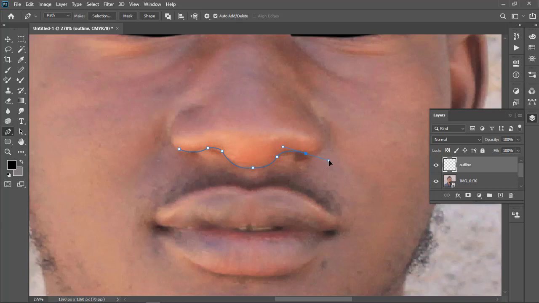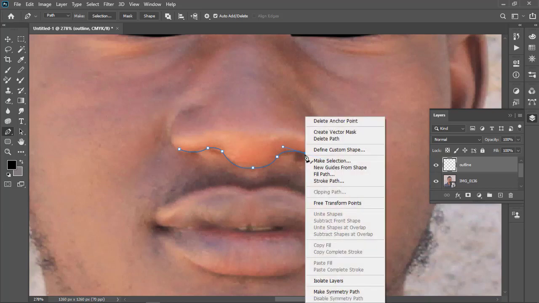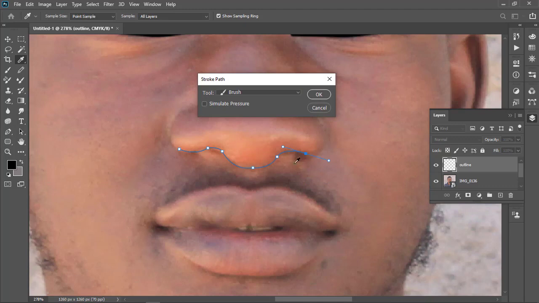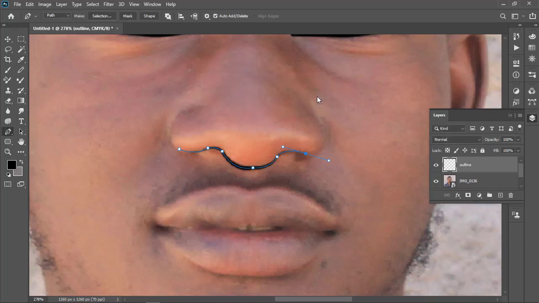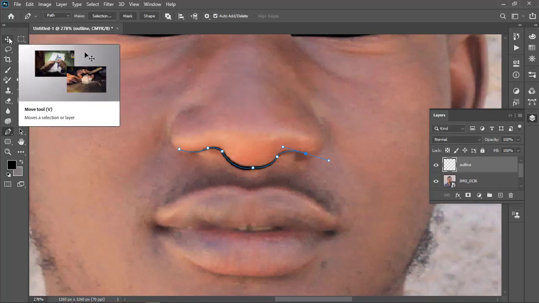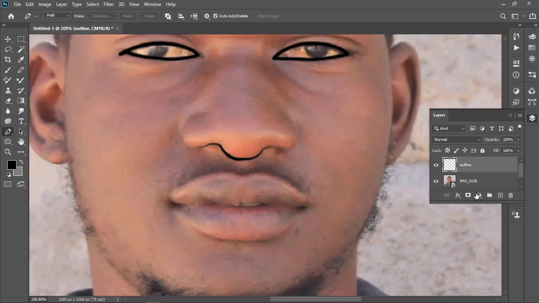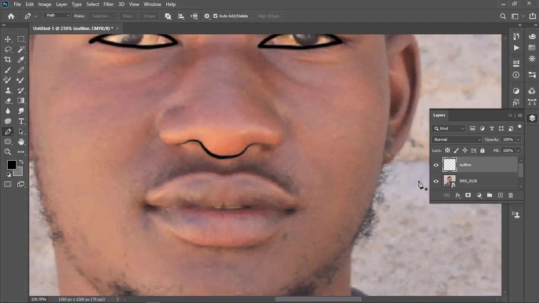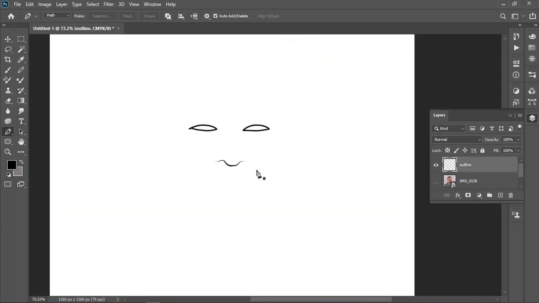Okay, now what I'm gonna do here, I'm gonna do the same thing, stroke path, but this time I'm going to turn on simulate pressure. Once I simulate the pressure, the starting and the ending point are going to be a bit smaller or narrow, like that. Enter. That's how they are now. You see, that's how they are.